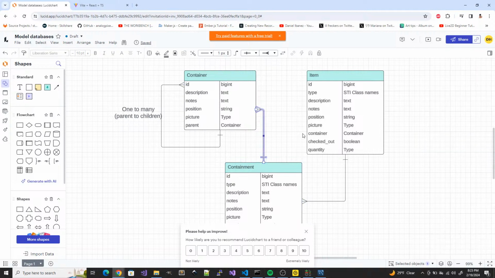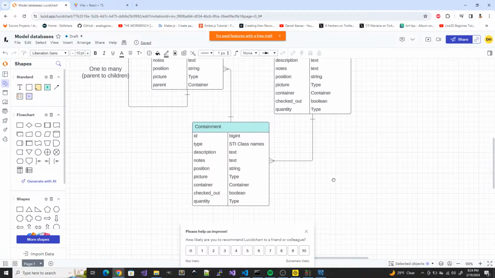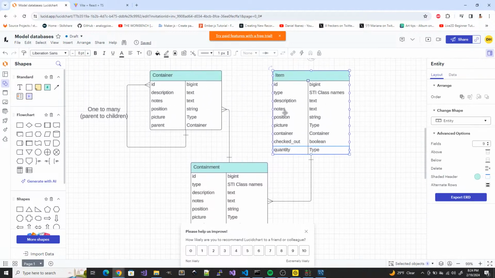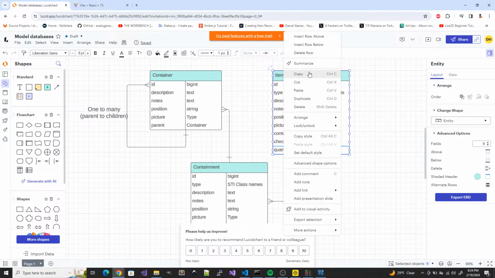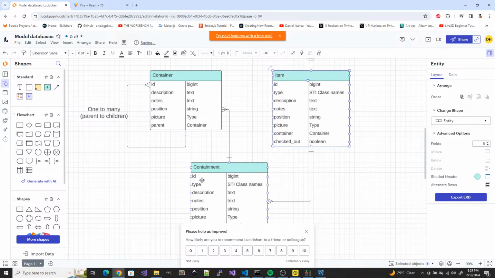Right. Each container is unique. Like, you might have 5 purple bins, but the purple bin containing these items and the purple bin containing some other set of items are their own unique bin. Each container is singular. An item you might have a quantity of, and you might have some in one container and some in another. So we're going to actually delete that row. Okay, and we're going to have